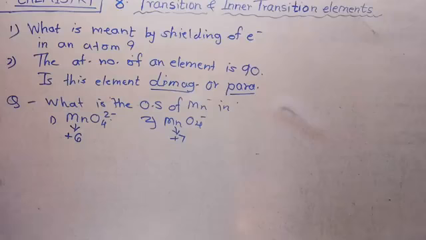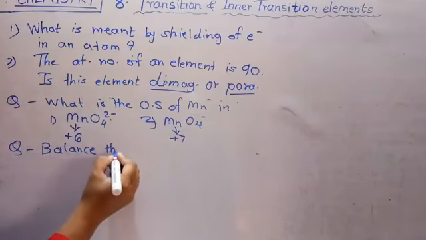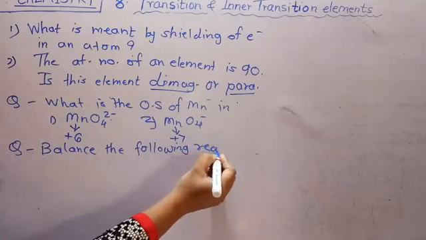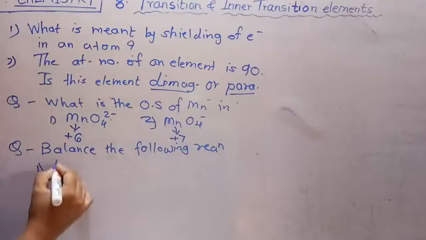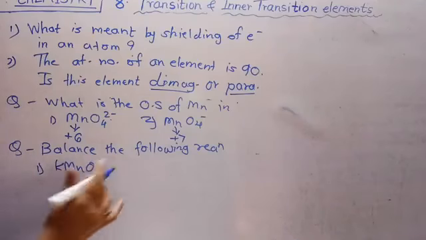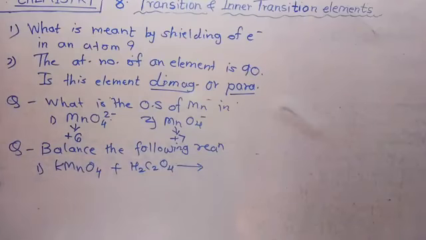This question is also from the reduced portion, but for the JEE and CET students who are taking this. Balance the following reaction. Two reactions are given. The first is KMnO4 plus oxalic acid H2C2O4, and the compounds formed are